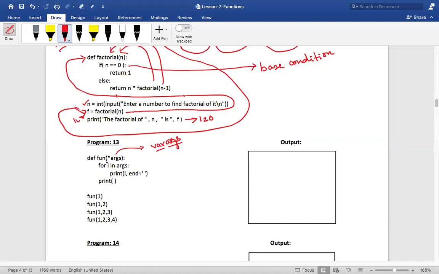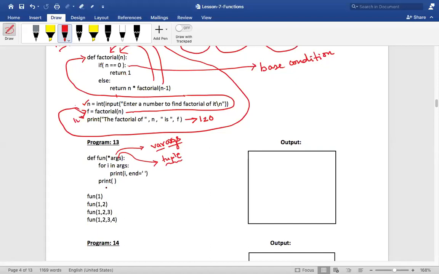So how is this function definition able to take all kinds of parameters? Because this function is taking a variable number of arguments, and if you want to take a variable number of arguments, then you have to say def function star args. If you see the type of args, it would be a tuple. The variable number of arguments will be taken in the form of a tuple. I want you to see the type after the class.